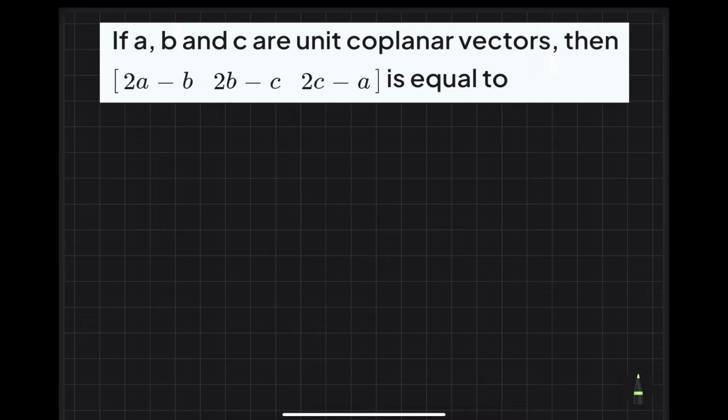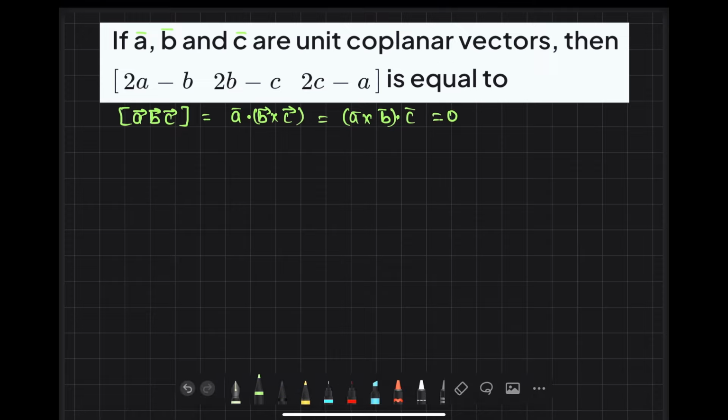So, we got a wholesome new problem which says if vector A, vector B, and vector C are coplanar vectors. If they are coplanar vectors, can I say that this box product, A dot B cross C or A cross B dot C, will come out to be 0? Okay, then this thing equals, so if you'll observe, this is also